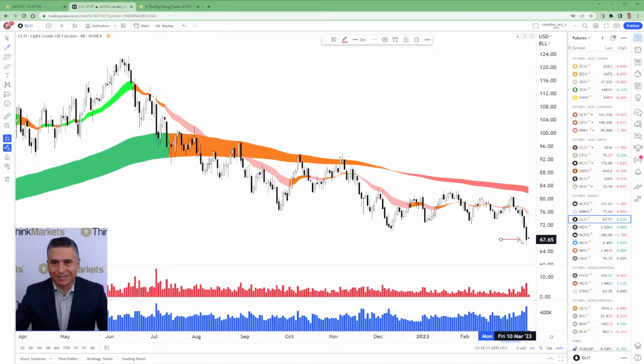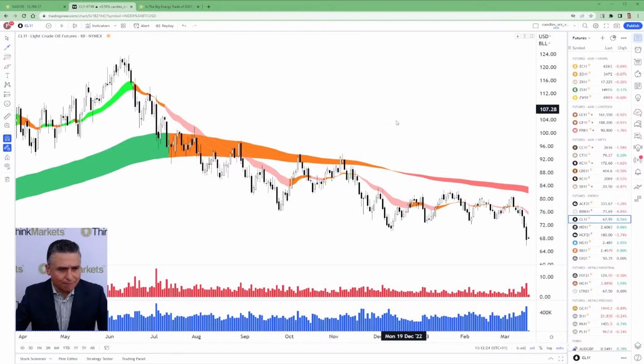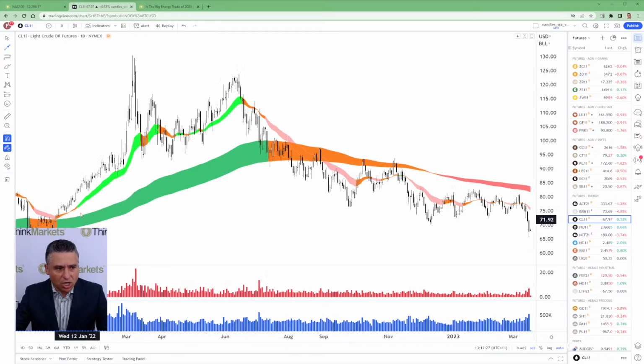Putting all that aside, I mean, that's fundamental analysis, that's macro analysis, if you like that sort of thing, the chart tells you the story. It was in a long-term downtrend prior to the recent push down. We can see how the long-term trend changed after the Russian invasion of Ukraine. We obviously had that spike, moved back more to equilibrium, again, as interest rates really were ratcheted higher, undermining that global growth story. We move into the orange zone, which is not always a bad thing if you can break back out of it, but we didn't. We failed, and then we failed to reclaim it. And that's usually a very poor sign that a trend is sustainable to the upside. In fact, we did see the break into the downtrend.